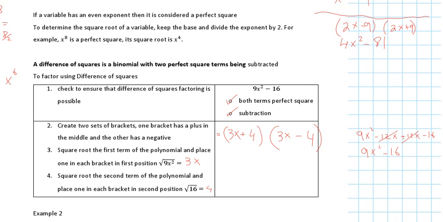So this process is called factoring by difference of squares. So what I'm going to do is I'm going to give you some time to write this, okay? And then I'm going to give you time to work on the examples at the